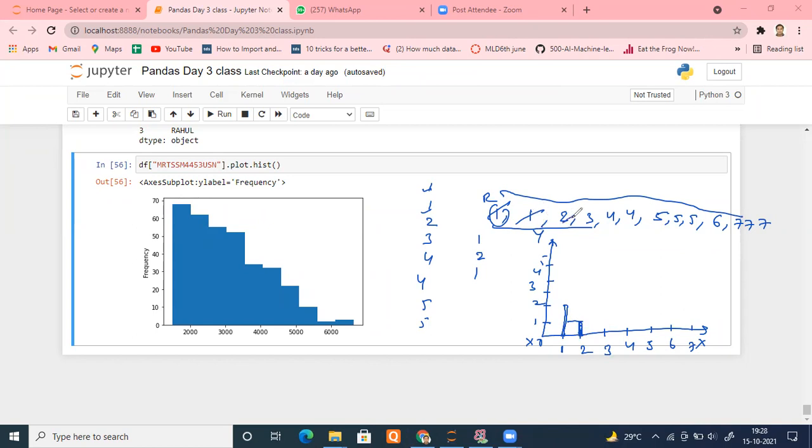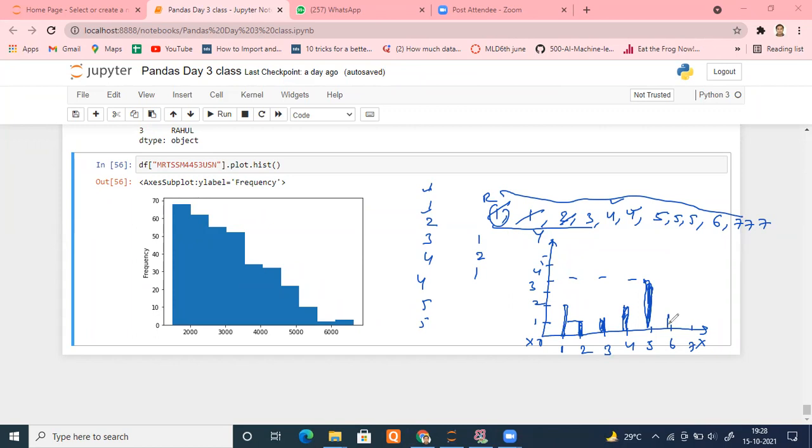Now, how many times is 3 occurring? Again once. How many times is 4 occurring? Twice. How many times is 5 occurring? Thrice. How many times is 6 occurring?